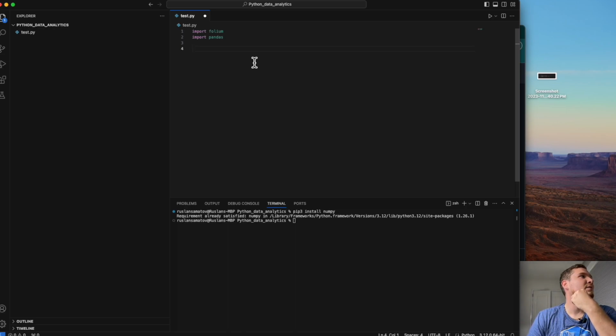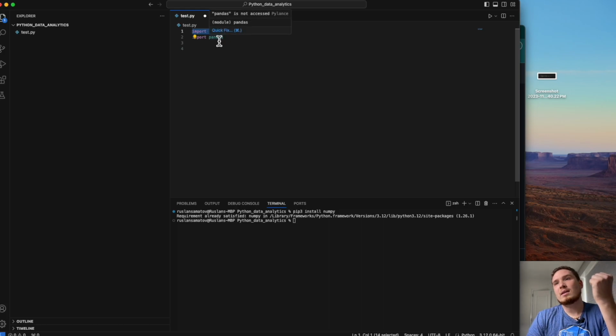Okay, guys, we have successfully installed libraries. We installed everything. Now we should start to work with our data, right? So first of all, to create our map, we need to pull some libraries into our IDE. In our VS Code, we type import folium, and it brings all the capabilities to our class.